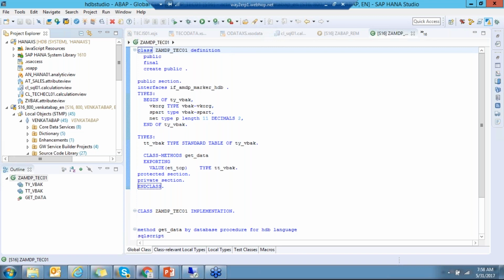ABAP and HANA or HANA 2.0 courses are also on your website. What is the difference between those two courses? In HANA 2.0 they discuss only the HANA DB, no programming, only HANA DB. Here I'm covering everything. HANA 2.0 is also covered. It is a full-fledged end-to-end HANA development course. Most of the time they take bits and pieces, but here we are going to cover the entire thing.